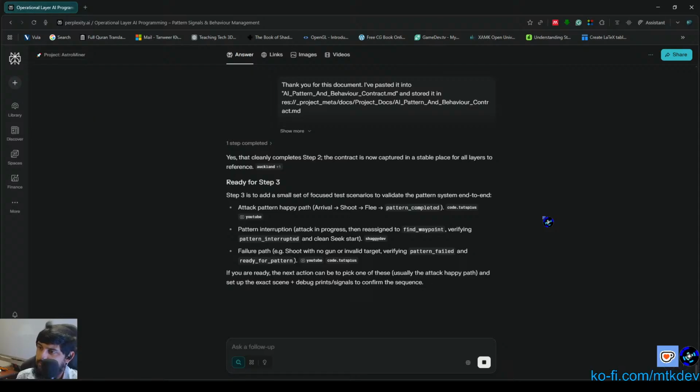Yes, that clearly concludes step 2. The contract is now captured in a stable place for all layers to reference. We are ready for step 3. Step 3 is to add a small set of focused test scenarios to validate the pattern system end to end. So we need to have the attack pattern happy path: arrival, shoot, flee, pattern complete. We need to have the pattern interruption: attack in progress, then reassign to find a waypoint,